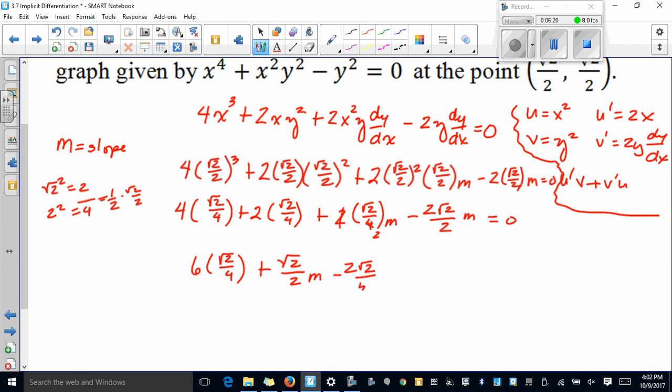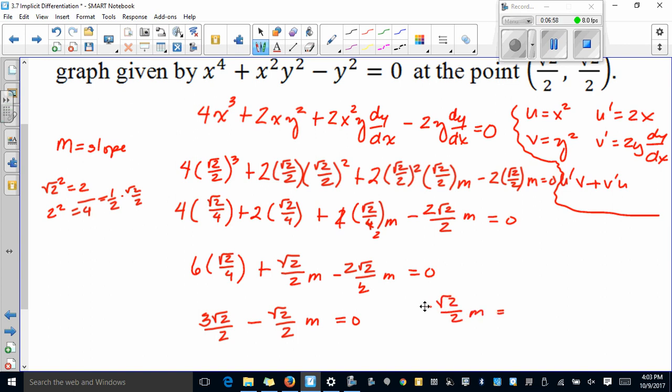Combine these two, so I'm going to reduce this one too. This is going to be 3 over 2, so this is 3 square root of 2 all over 2 minus 2 minus 1 just gives me square root of 2 over 2 m equals 0. Let me move this over, so I get negative square root of 2 over 2 m equals negative 3 square root of 2 over 2